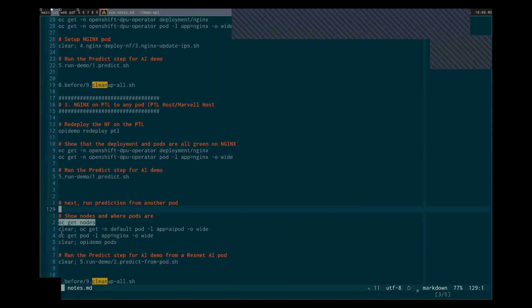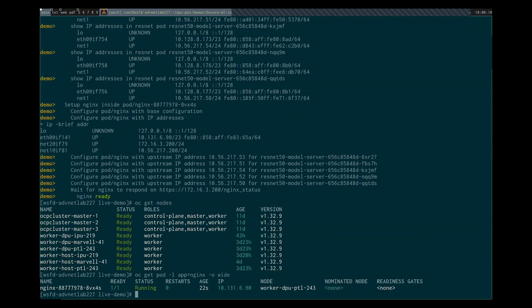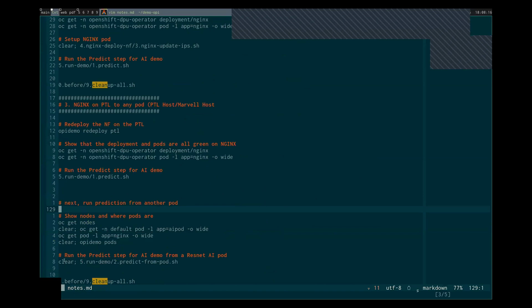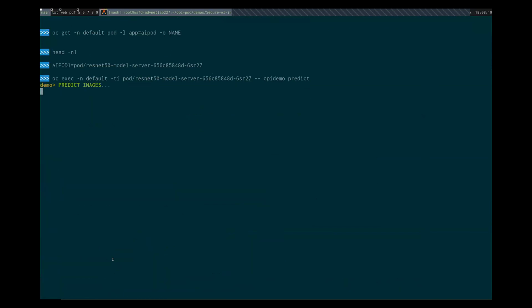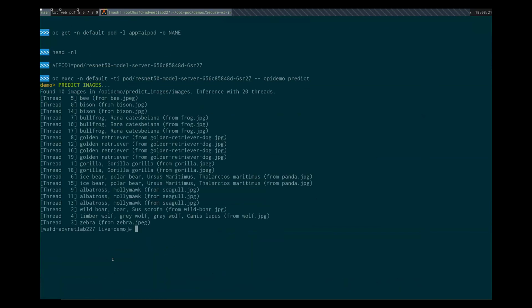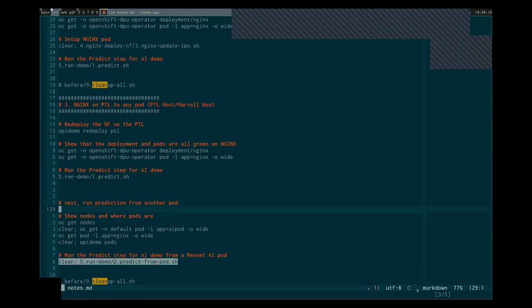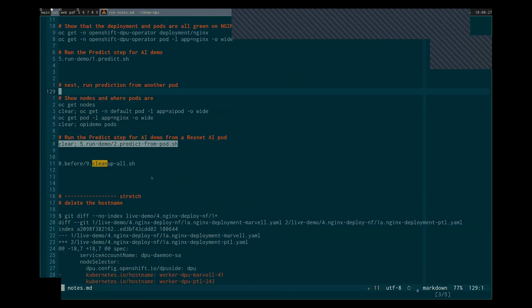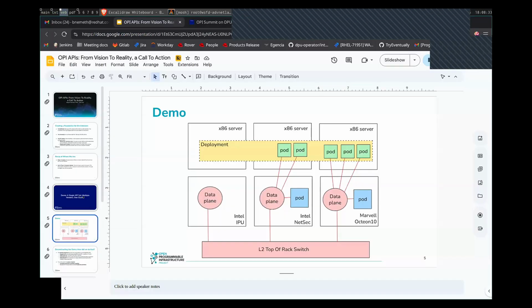Those are the nodes, and let's look at this one in particular. So you can see now the Nginx pod is running on the Phantom Lake, and hopefully we can do this part where we do some kind of prediction. This is actually going through that Nginx pod and to the host on that side. Okay, so this works pretty nicely. I have a stretch part of the demo. Hopefully we get to that at the end, and maybe we break the cluster, and that's good information to have as well. So let me go back